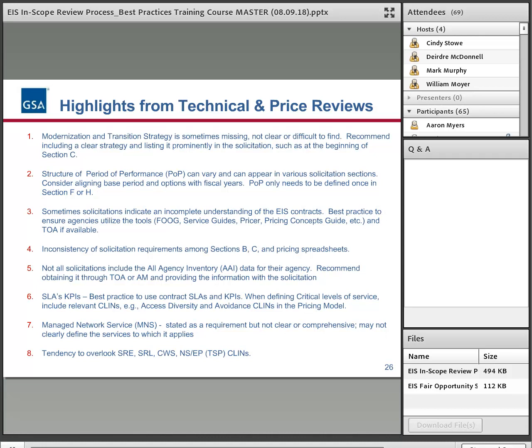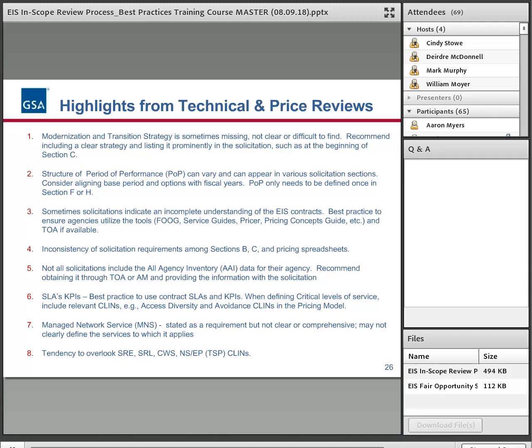Also, sometimes solicitations show that there isn't a complete understanding of the EIS services and contracts. So there we're, of course, recommending that you go to the resources that we mentioned up front. We've also seen cases where there are inconsistencies between sections.